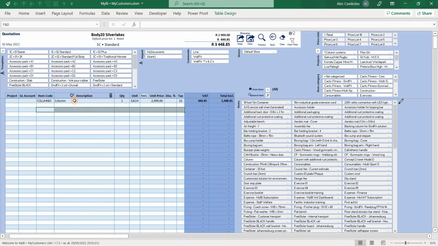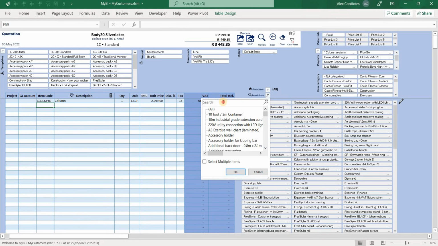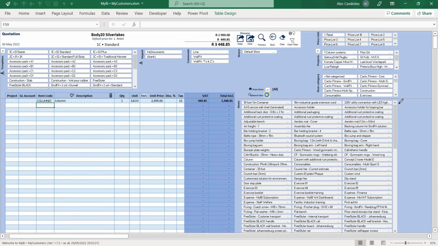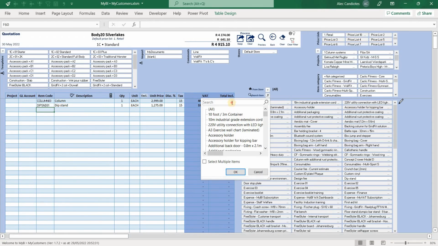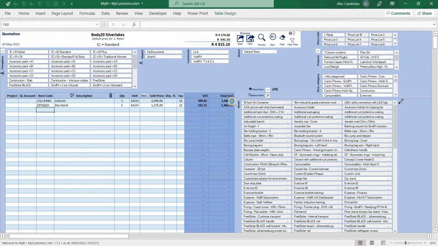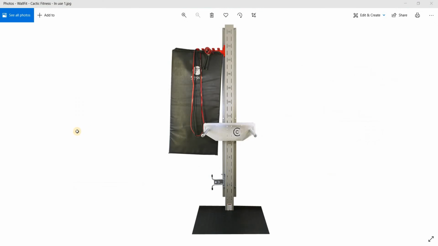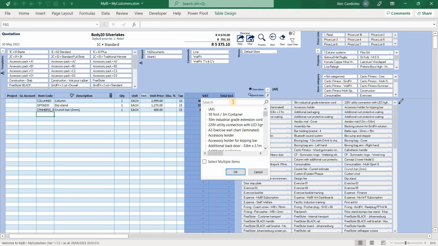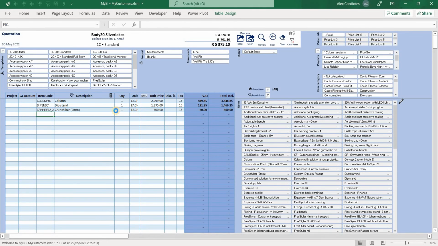Second item we know was a dip stand, so let's go for dip stand. There we go. Third item was 2 of those crunch bars. All right, so crunch bar. Okay, let's go for that one. And so you go through each of these items and you go in a plus bar. It's the new plus bar. Here we go. Sorry, it was, by the way, 2 crunch bars, and then we've got a stop it bracket,